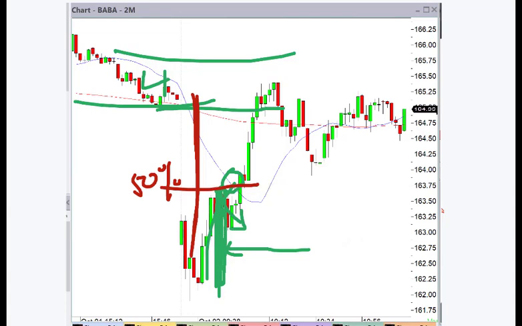Who cares if you can show me an exception? "Well, Oliver, look at this play. The dominant color was green, but the short still worked." Who cares about the exception? I'm telling you about the 80-20 rule. You're going to lose fighting the dominant color 80% of the time. You're going to get lucky 20% of the time. Who wants those odds? That's money losing odds. Don't show me the exceptions. Show me what happens 80+% of the time.